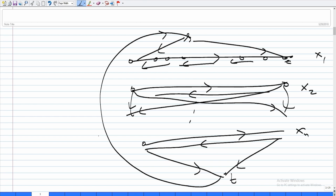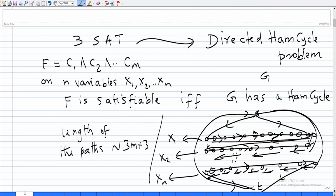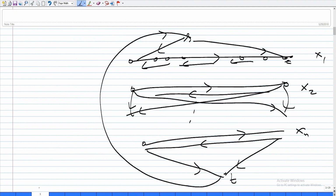Now, these 2 power n Hamiltonian cycles are going to correspond to my 2 power n assignments for the xi variables for the Boolean formula, right? Each xi takes a 0 or 1. So, my interpretation would be if xi takes 1 in a satisfying assignment, remember our goal is this, right? I want to show that f is satisfiable means what? There is some assignment to the xi's that will simultaneously satisfy all the clauses, means I should be able to get a Hamiltonian cycle, and conversely if there is a Hamiltonian cycle I have to get a satisfying assignment, okay. So, these 2 power n Hamiltonian cycles are going to correspond to my 2 power n ways of setting the variables,